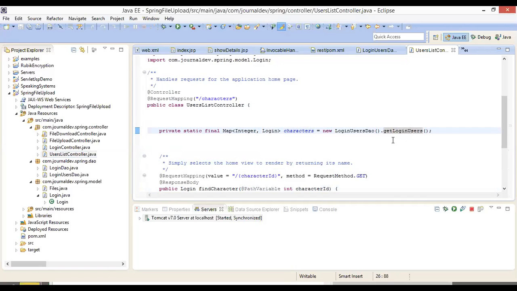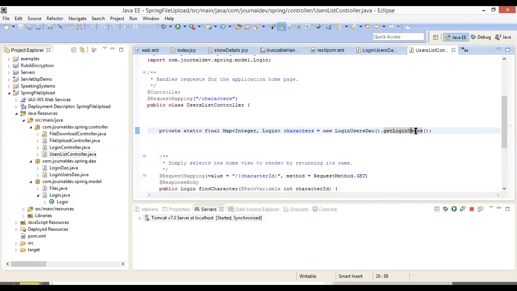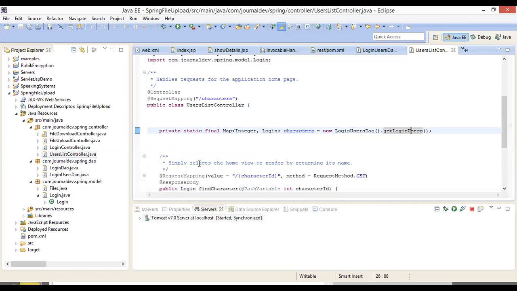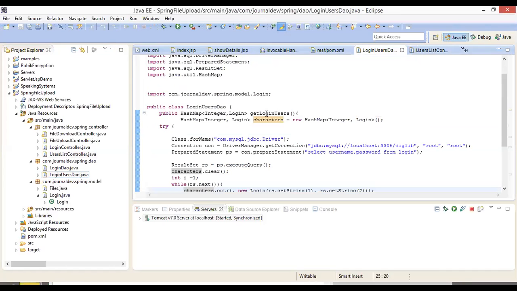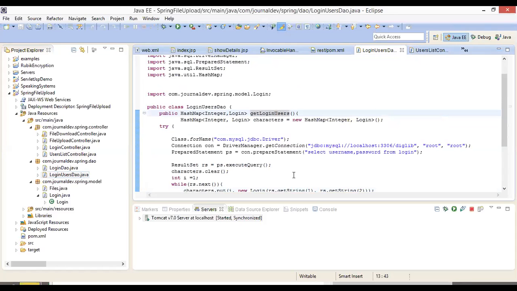So why I am equating this LoginUsersDAO.getLoginUsers to characters here? What is the return type of getLoginUsers? See, this is LoginUsersDAO. In this, what is getLoginUsers? This one. What is the return type of this method?